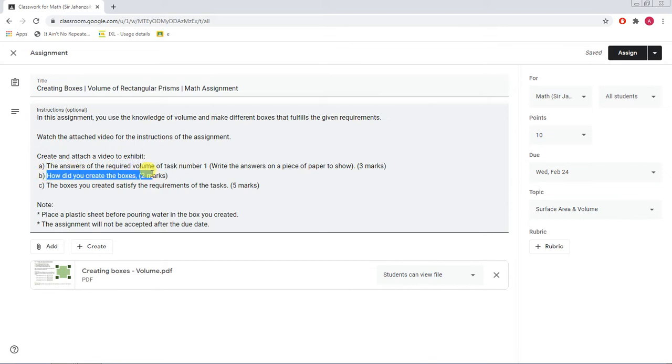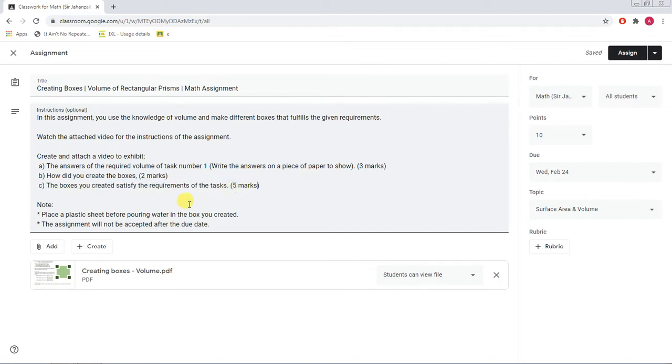You will also talk about how you created that box. You will actually be creating that box in the video. And lastly, you will show that both the boxes you have created fulfill the requirements given in the assignment, which I will discuss in a minute. So at least you will cover these three things in your video, and we will score you accordingly.